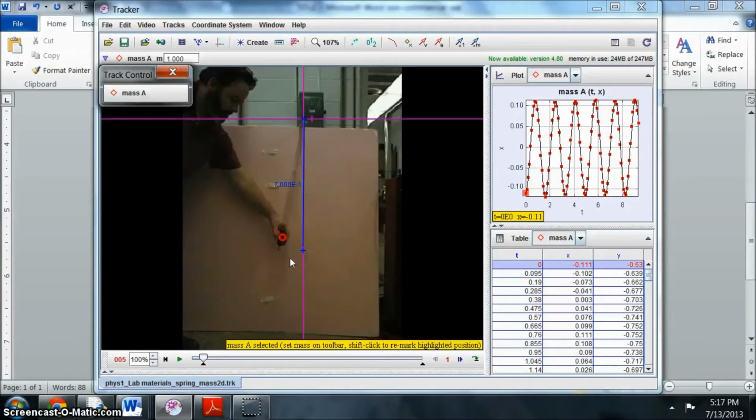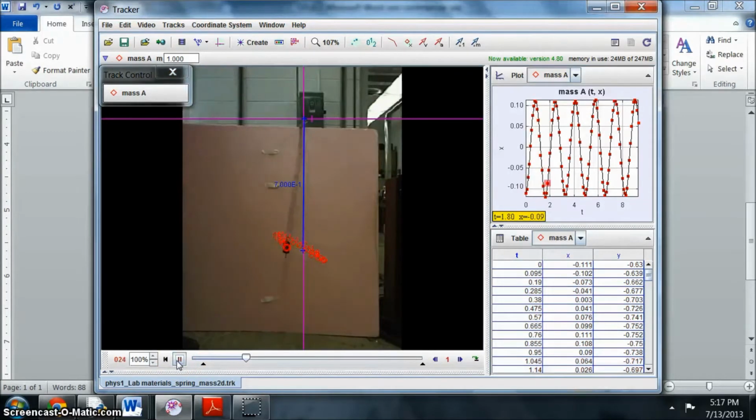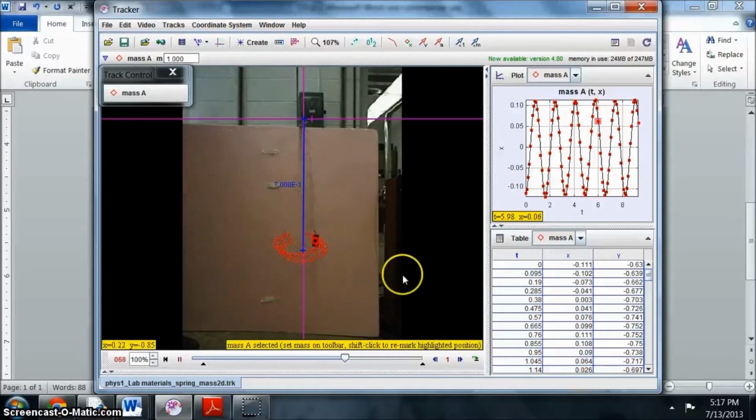The first thing we did in this lab was obtain position data with Tracker from the video that we downloaded offline. We set our calibration stick to be 0.7 meters from the fixed attachment point, which is also our origin, so that means the mass is hanging in the negative y direction. Our point of mass was the mass, and I tracked the motion of it as it swung in an arc on the oscillating spring. So we obtained the x and y positions from here,